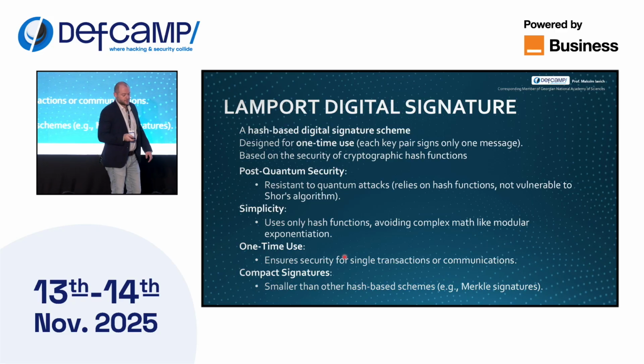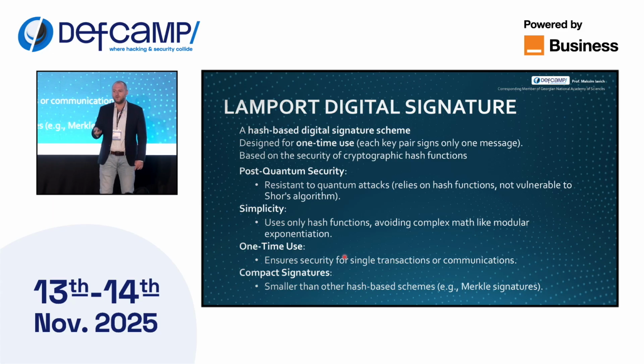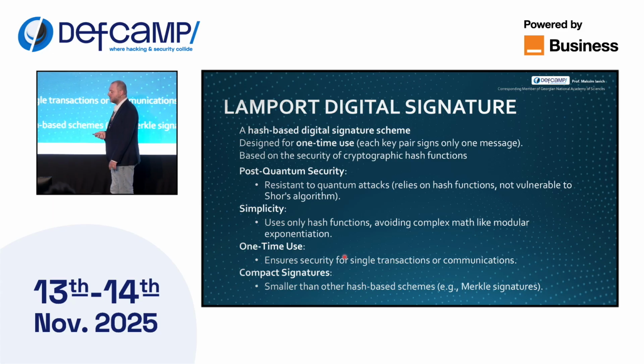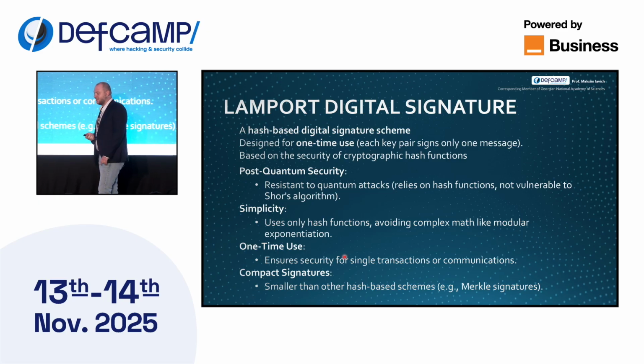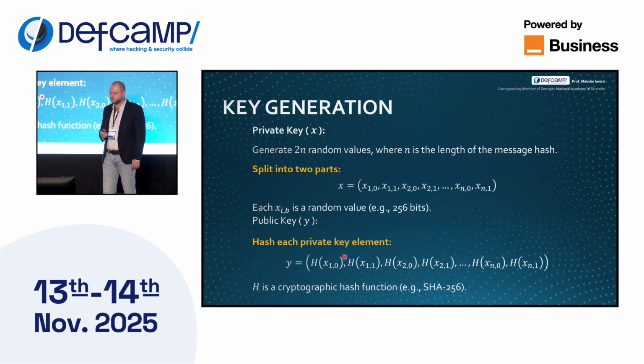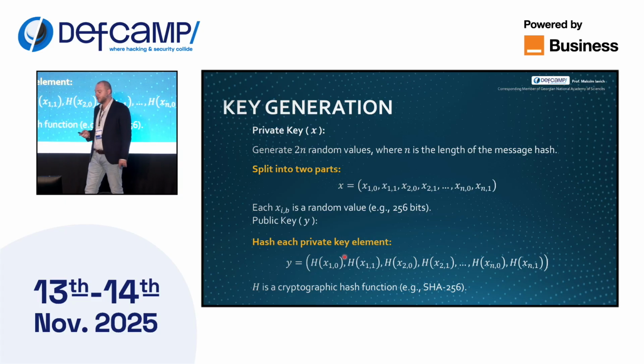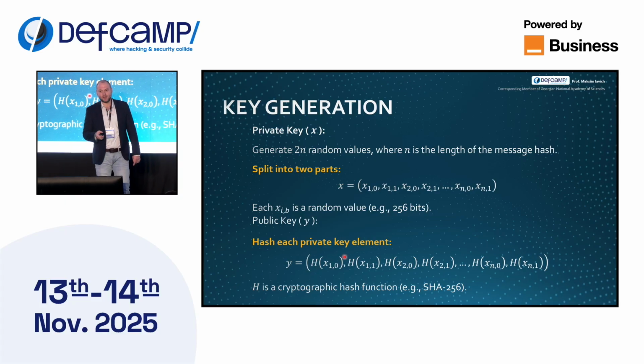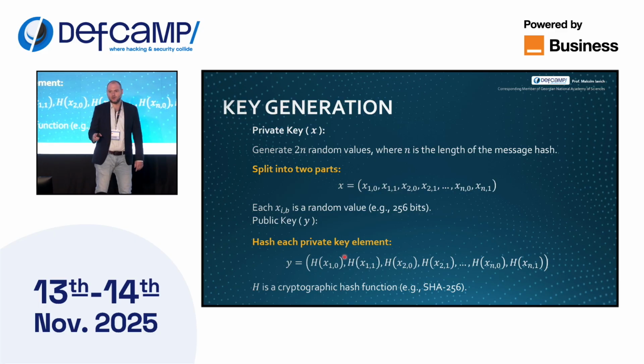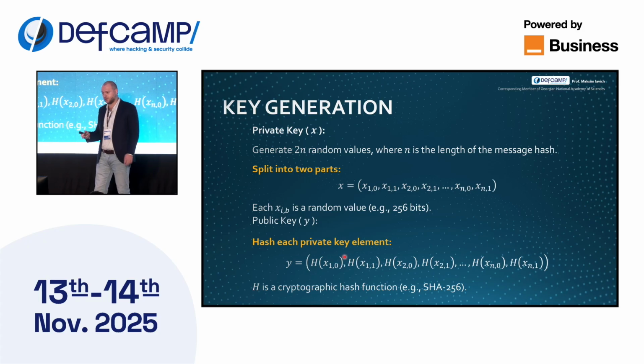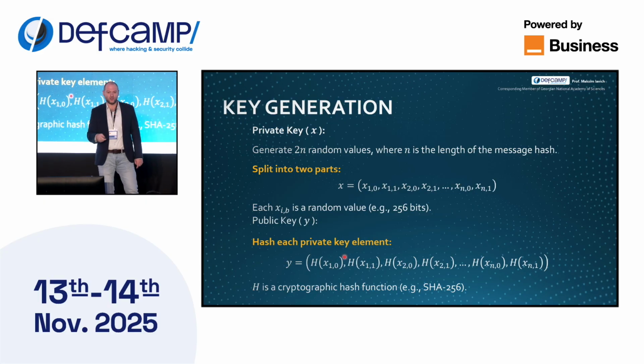So let's discuss hash-based digital signatures. I will offer to you a novel digital signature, and let's understand how they work, how hash-based digital signatures work. The first one offered was the one-time signature by Lamport. So how does it work? For the private key, we generate 2 to the power of n signature keys. Afterwards, we hash them. After hashing, we get the public keys, so-called verification keys.